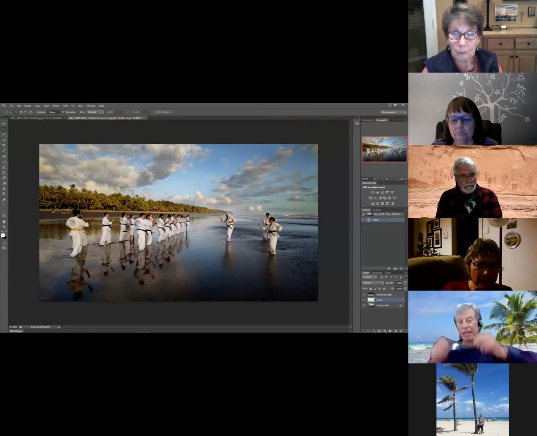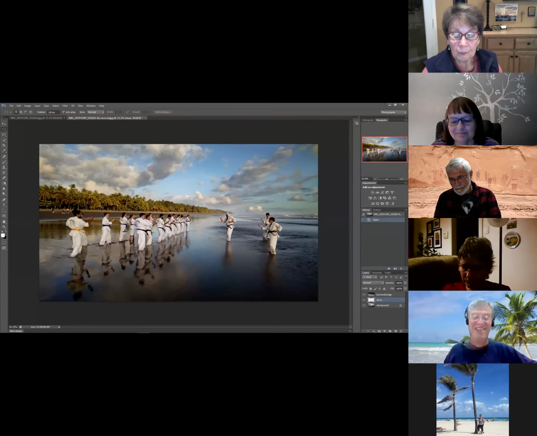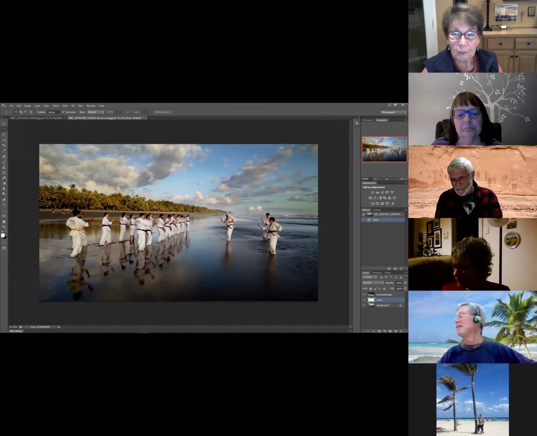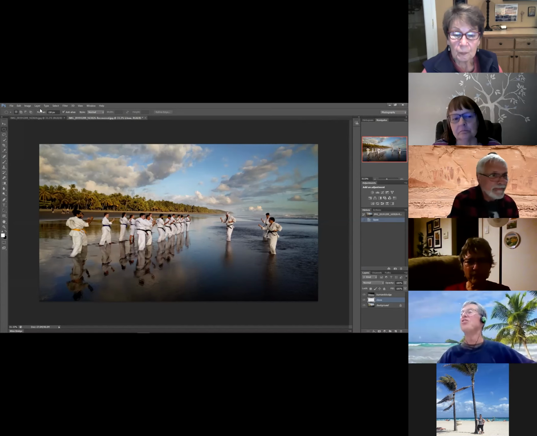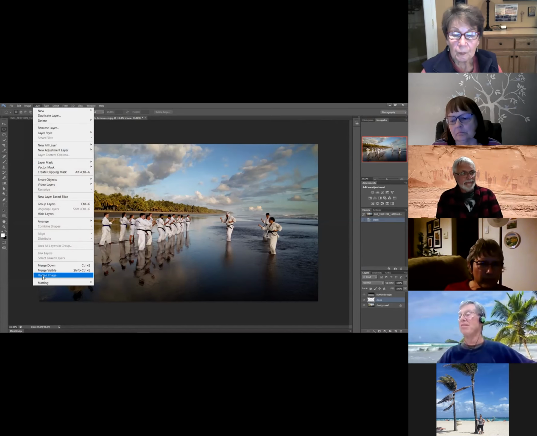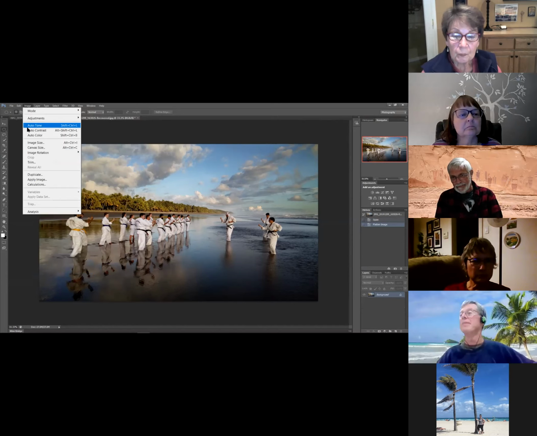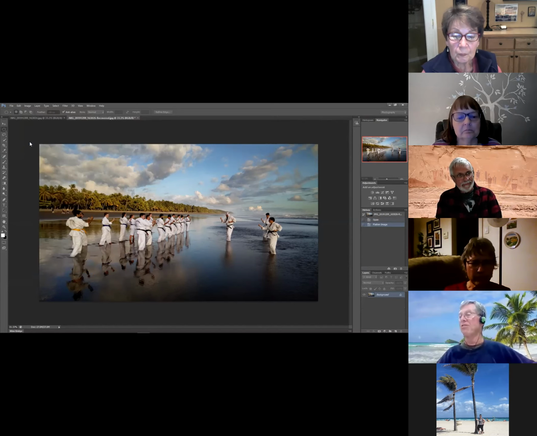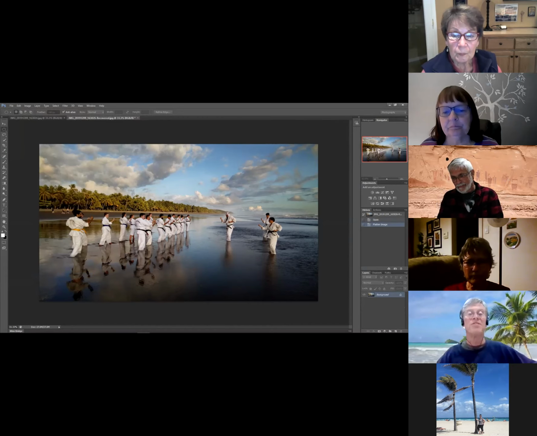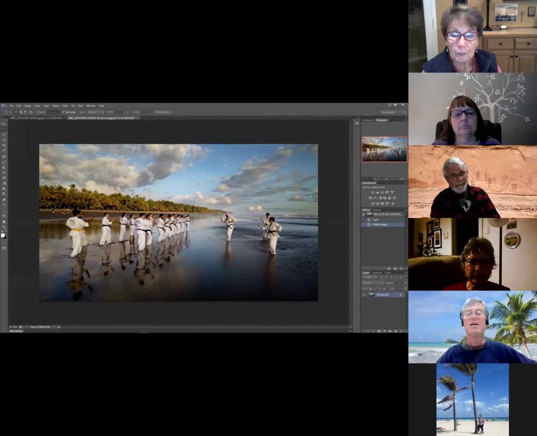Wait a second, let me put my glasses on. Yeah, that was what I was getting to. That was the next step, to take this image, because it looks like all my layers and everything are still there, so that's great. So we were going to layers, and we were going to flatten the image, which compresses them all together and makes it easier to size it. And resizing it for the camera club, I'm going to keep it at the resolution of 72 DPI. And this is more of a horizontal, so was it 3840